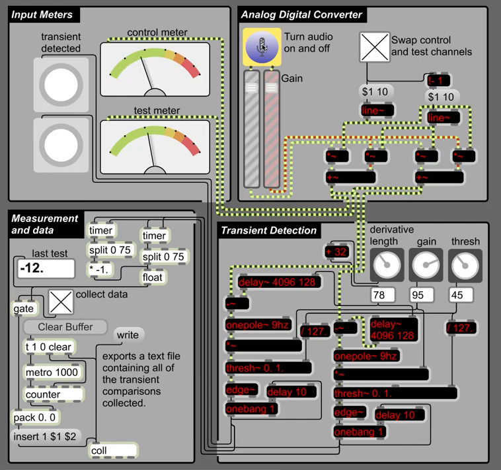Up here, there's the audio input, and I've got two channels coming in. Here's this, we'll call it the control. It's in my left hand, and then on the right we've got the test meter. And if I want to swap those, I can push this button, and then suddenly my left-handed controller is the test meter. So you could put any two inputs on this, and then the signal comes in, there's a swapping interface, then